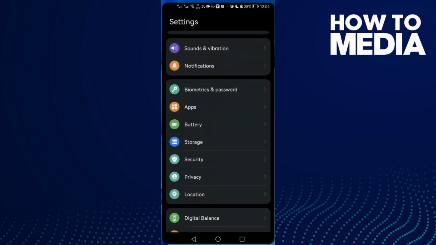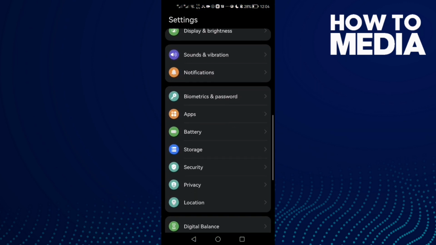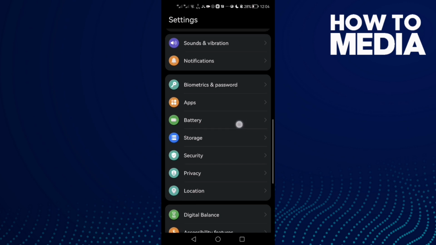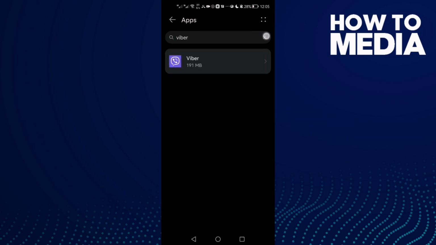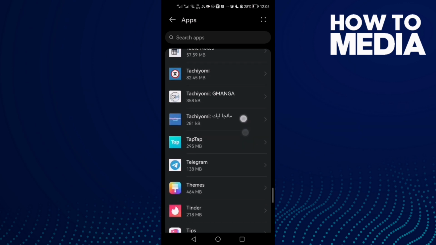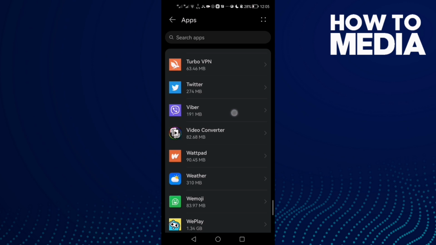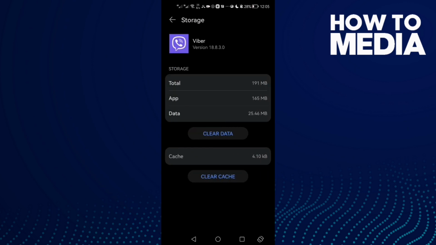First open settings and now scroll all the way down until you find your apps, and then click apps again, and here just scroll all the way down and here we'll find Viber. Click on it and then go to storage, clear cache,